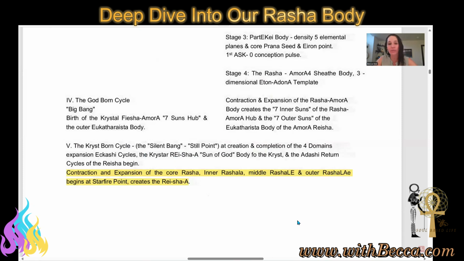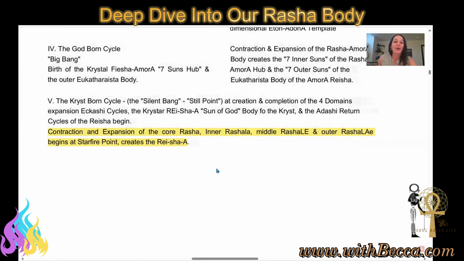There's a lot of confusing terms in here, and I'll do my best to explain some of these. And these are all going to be, again, expansion and contraction. So contraction and expansion, as it said right here, of the core Rasha then moves into the inner Rasha.